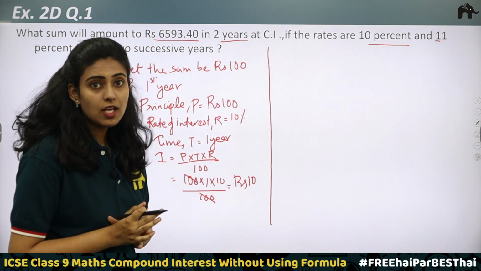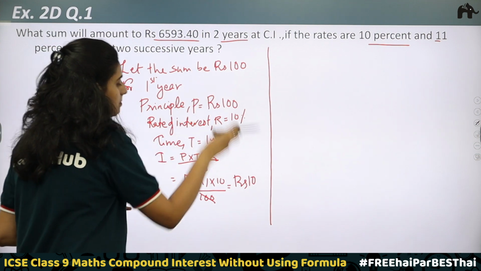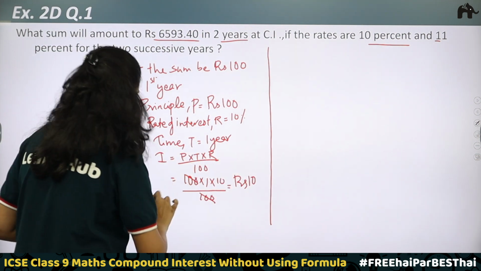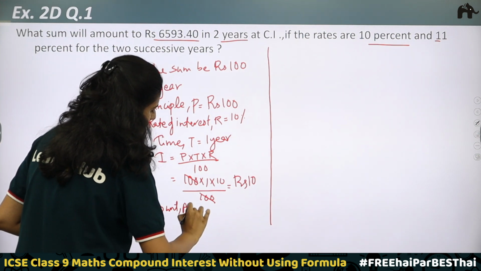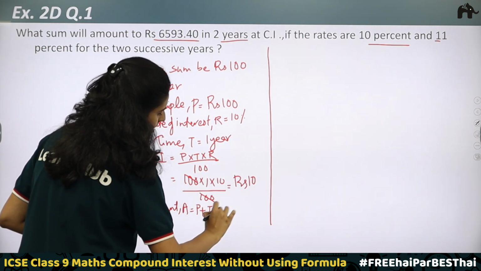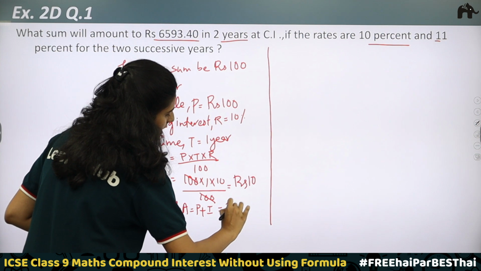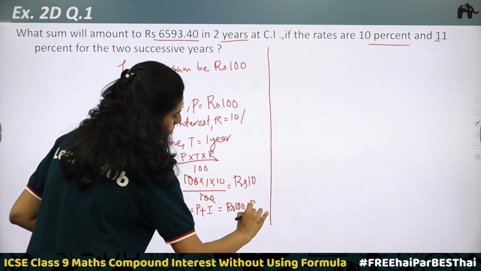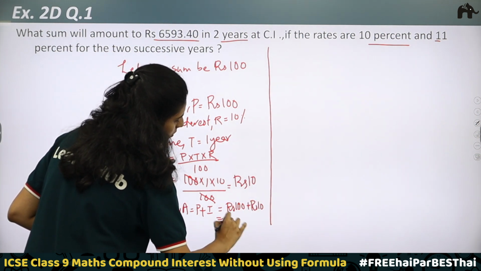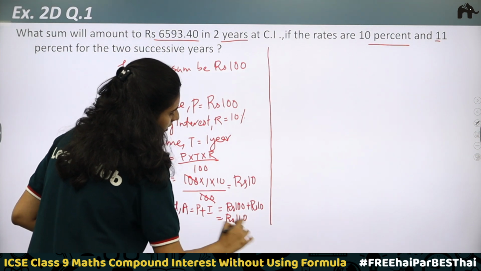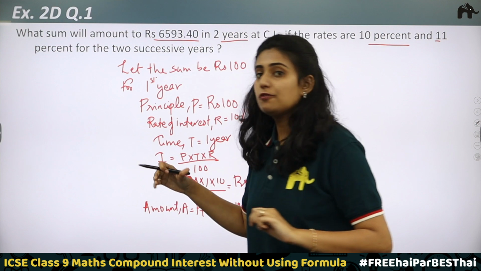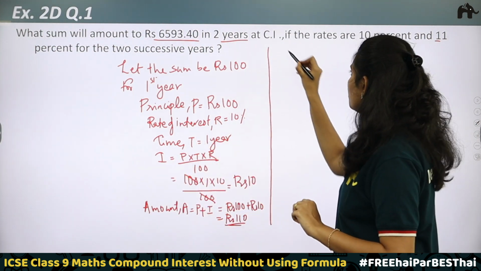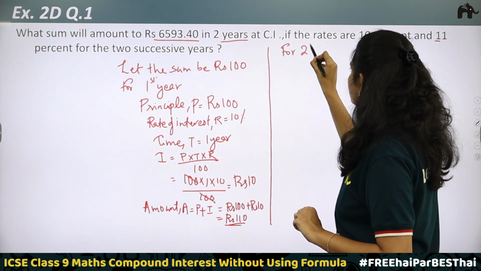Now how to find the amount? Amount is the sum of principal plus interest. Therefore, amount A is equal to principal plus interest, which is rupees 100 plus rupees 10, equal to rupees 110. Okay, we got the amount. This amount will be the principal for the next year. Okay, for second year,